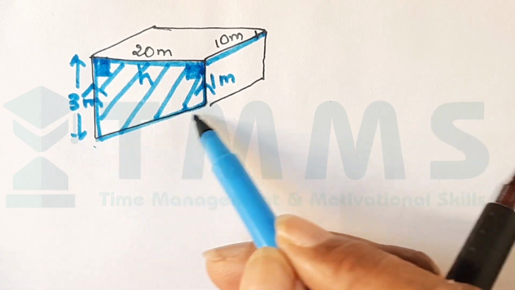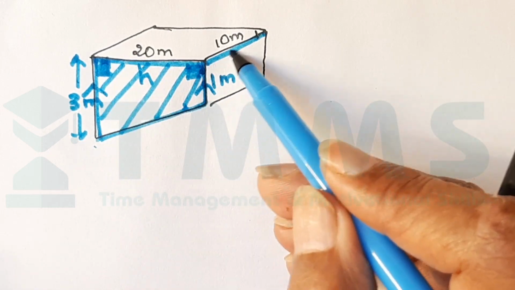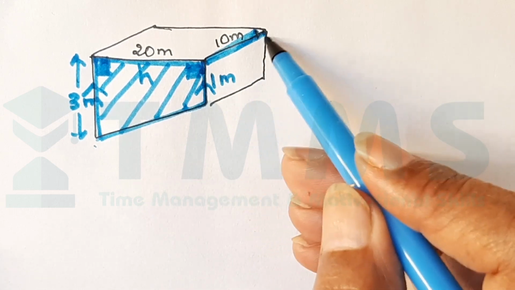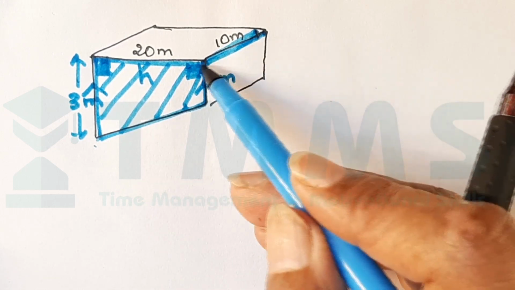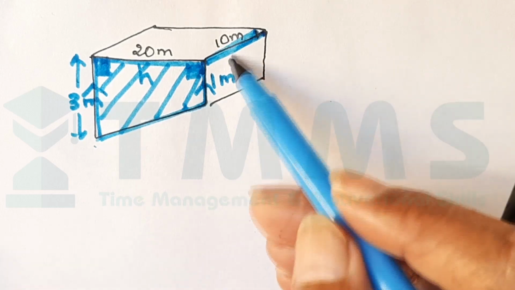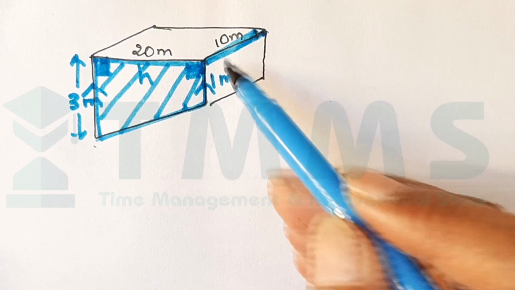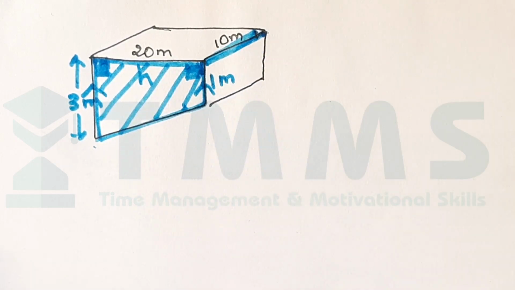So we take the area of cross section multiplied by this length. Okay, you can call this as height or whatever, but it is going to be multiplied by this 10 meter. So area of cross section multiplied by this height. If I have to rest it on this face, then this would have become the height. Okay, so we write